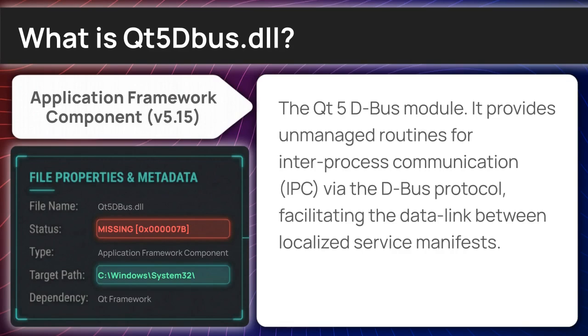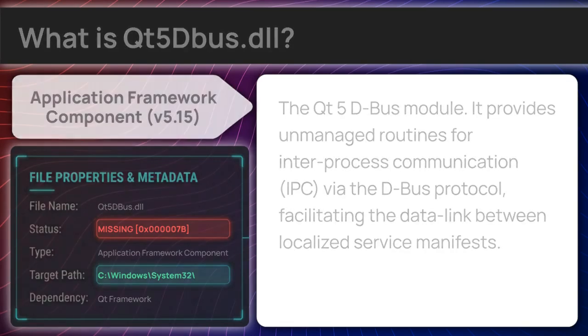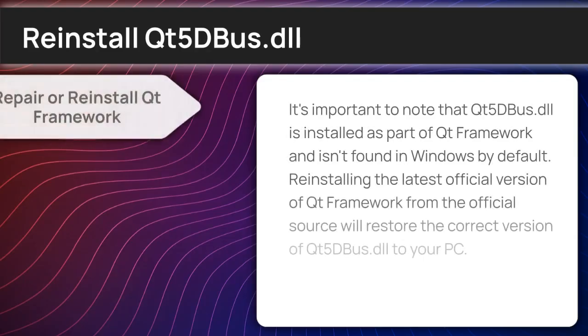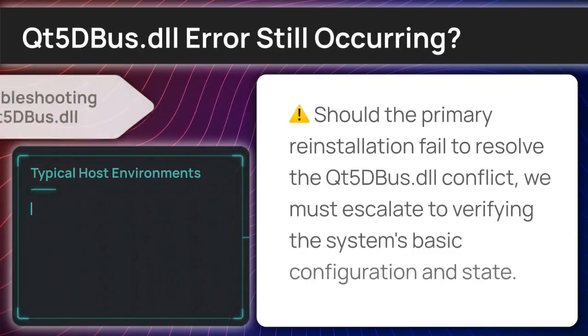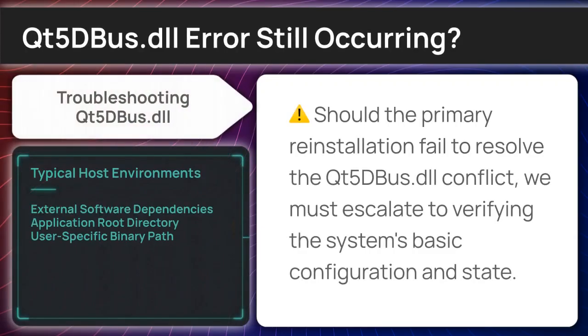Now let's apply the fix by reinstalling the shared system library. It's important to note that Qt5DBus.dll is installed as part of Qt Framework and isn't found in Windows by default. Reinstalling the latest official version of Qt Framework from the official source will restore the correct version of Qt5DBus to your PC. If the application still won't initialize, we need to shift our focus to how the Windows loader is